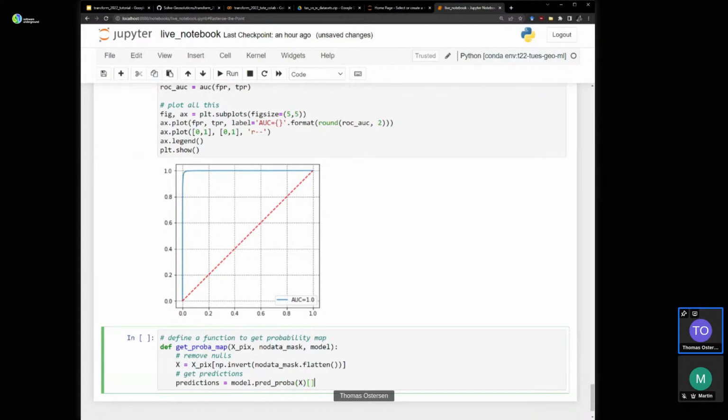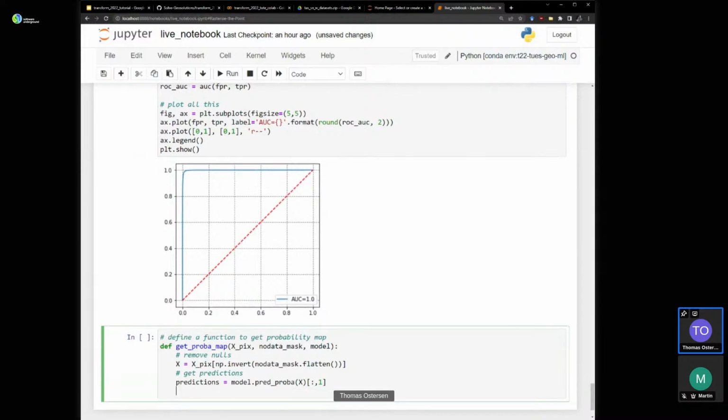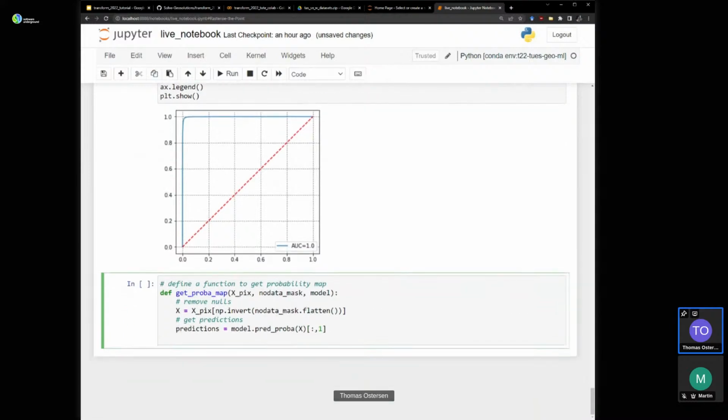And again, we're only interested in the probability of class 1, the proximal class. The next step is to create an output array.